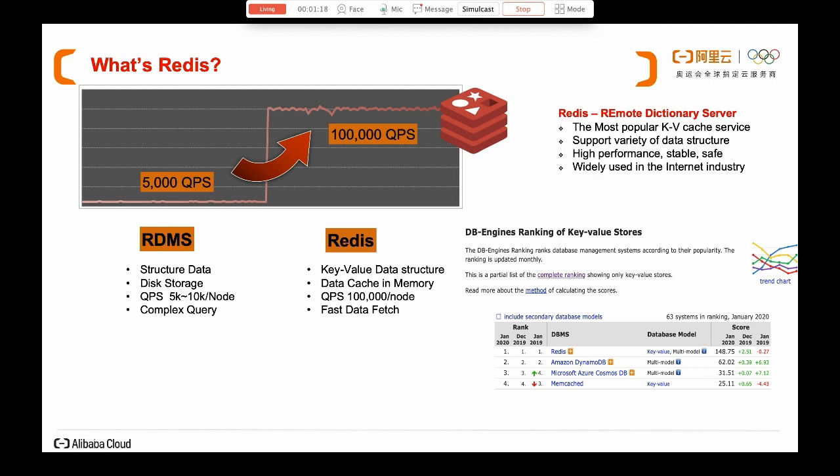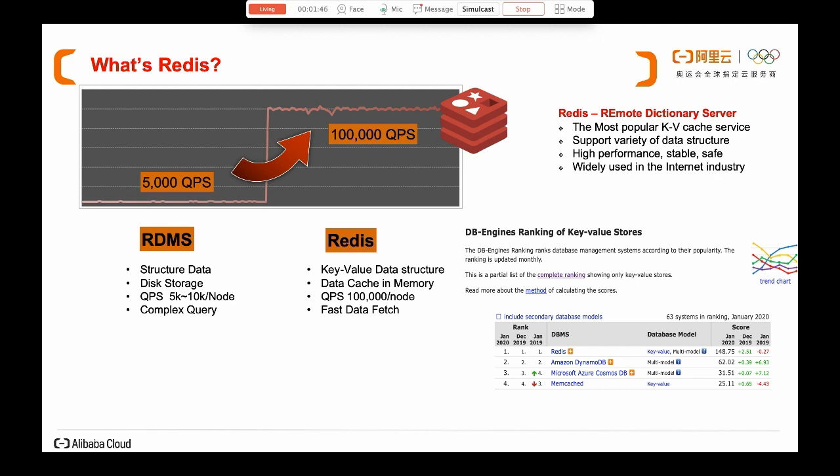It provides a key-value data structure and caches the data in memory to provide fast data fetch. And depending on how you configure it, open source Redis can provide roughly 100,000 QPS per node, which is about 10 times or more than